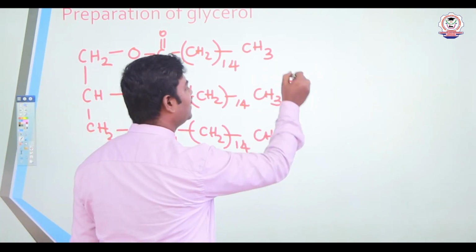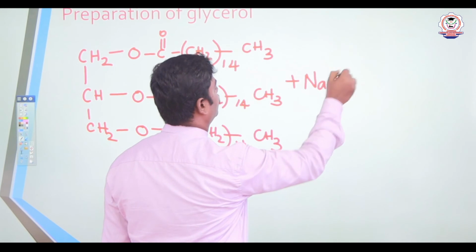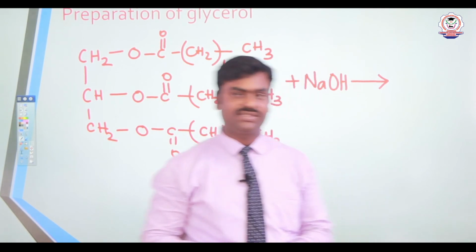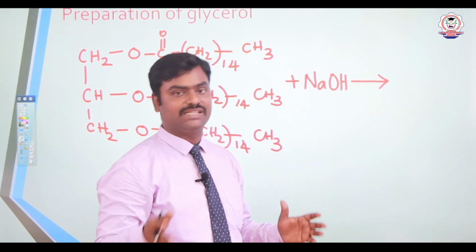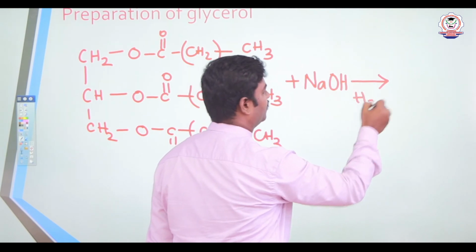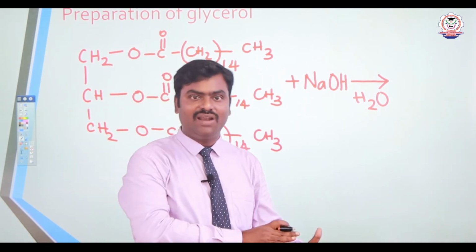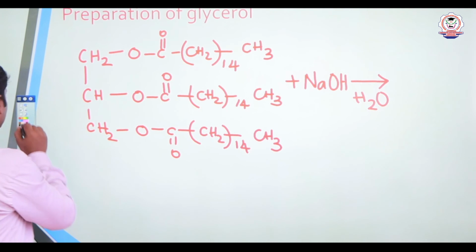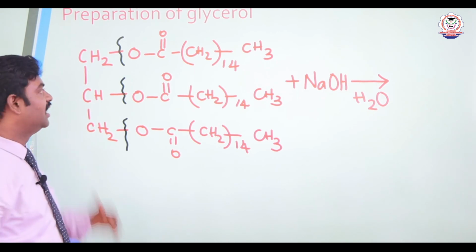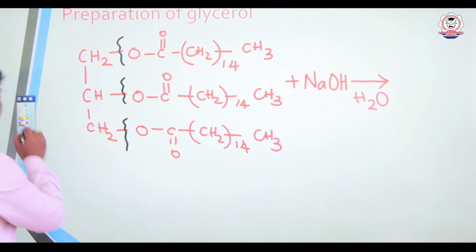Next, we are going to hydrolyze it using sodium hydroxide, NaOH. What is the product here? Whenever you hydrolyze with sodium hydroxide, it requires some water. Anyway, sodium hydroxide is taken in an aqueous solution, so it will have some water also. What is happening? Here, the ester is broken into alcohol and the corresponding acid. Where is the breaking happening? Here. Here the breaking is happening and you are getting the corresponding alcohol. In each breaking, you have to add an OH group. So the product is